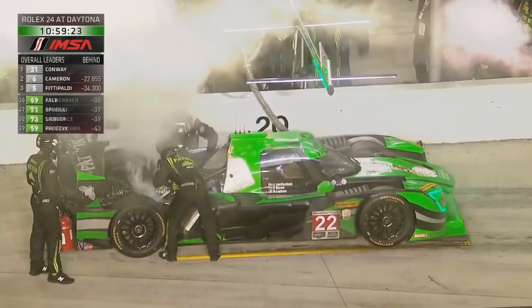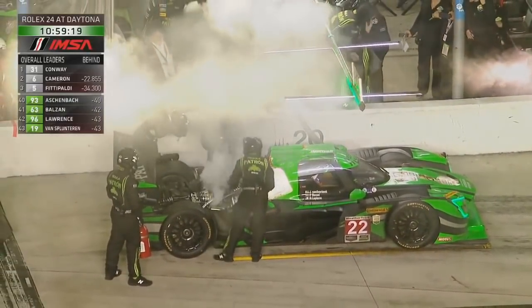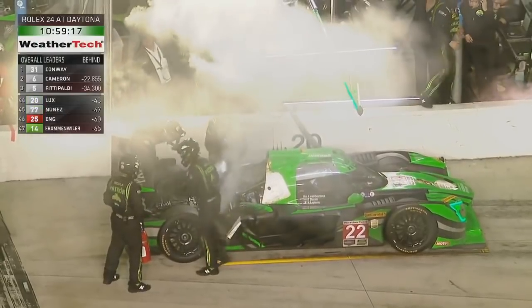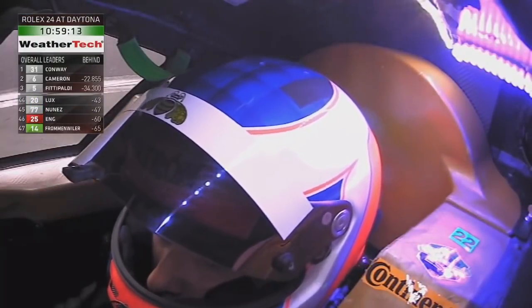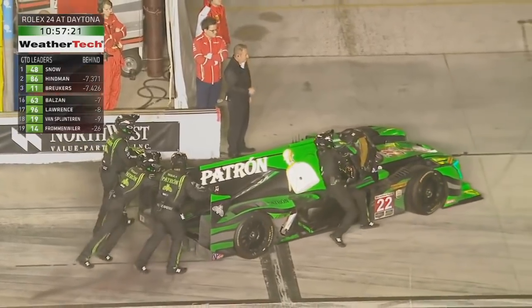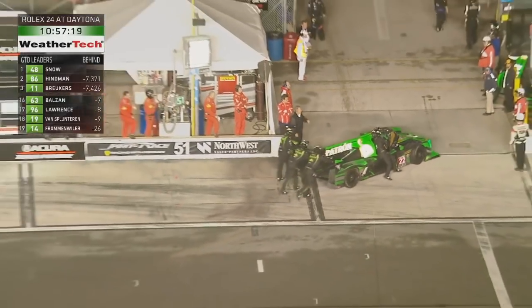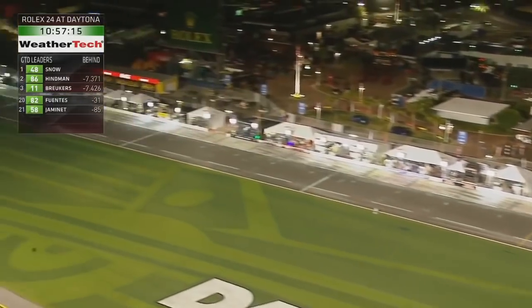Pipo Durrani, who brought that car in, right side of the engine bay, being peered at. That's oil smoke coming out of there, and that looks to me like the classic old turbo blow. Turbo seal, maybe. Pretty turbulent, and yes, it has blown up. So, while the car is being pushed away, as you see, it looks like the end of a great effort